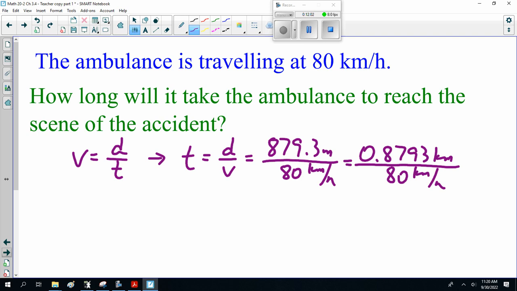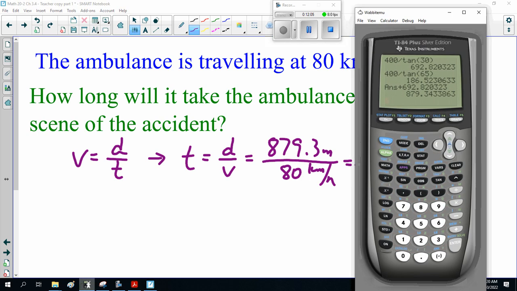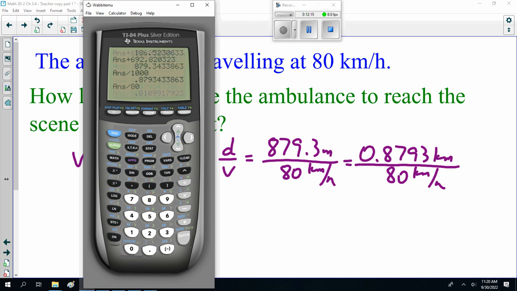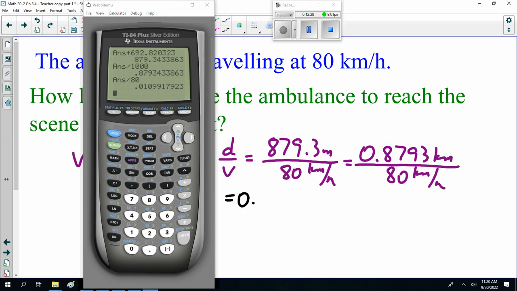Turn that into kilometers. And of course, why is the calculator always where I don't want it to be? Divided by 1,000 is 0.9. Divided by 80 is 0.01099 of an hour. Now,